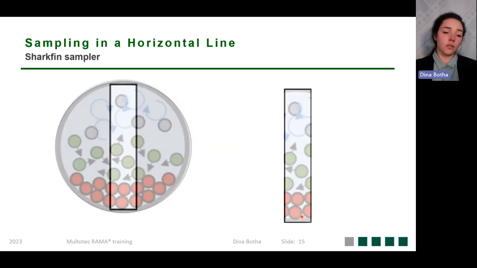So, a shark fin sampler has a static cutter that sits in the center of your process line. If we take a look at how this cutter will sample the material, you'll see we are giving every particle, more or less, from the top to the bottom, a good chance of being represented. But what about the sides? What about left and right? Even though we are not sampling through the whole process stream, we are still getting a relatively good mixture of